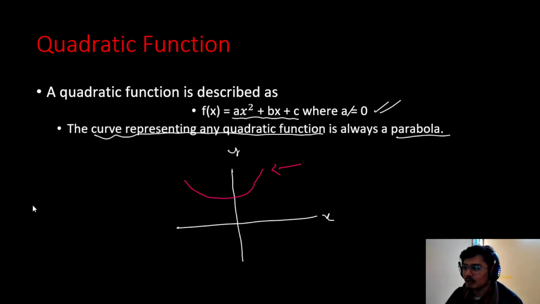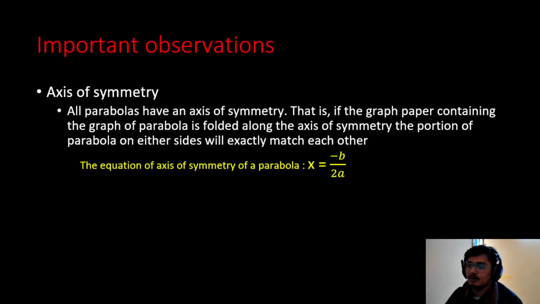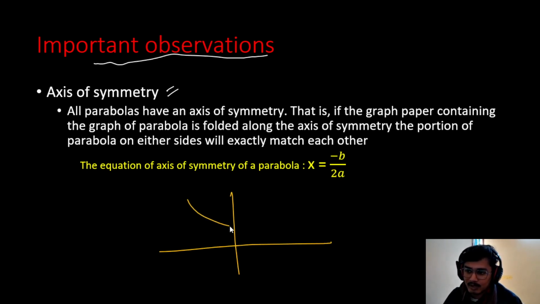Let's move towards the next topic, that is important observations about the quadratic equation. The first observation is the axis of symmetry. All parabolas have an axis of symmetry. If the graph paper containing the graph of a parabola is folded along the axis of symmetry, the portions of the parabola on either side will exactly match each other. What it means, if we have a parabola,